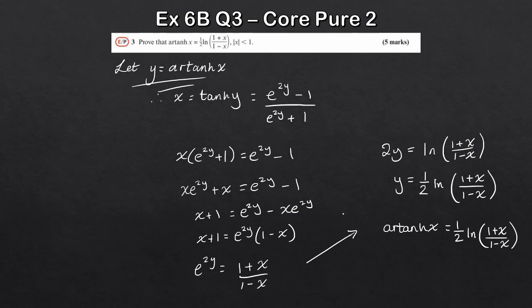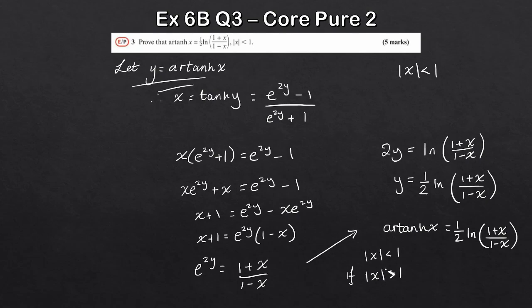Now, before we finish this question, let's just make a little comment on this here. So the modulus of x being less than 1. So the absolute value of x is less than 1. Now, the reason this is important, and we have to make a comment on this, so we need to say x less than 1, is because let's consider what would happen if it wasn't. If the absolute value of x was bigger than 1,